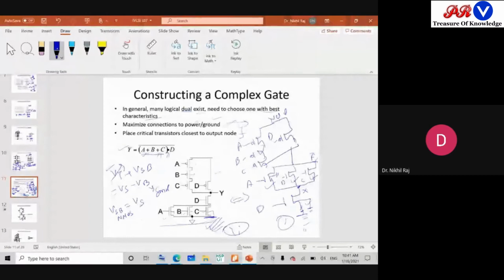In the second, the body of all the A, B, and C transistors is connected to the ground. At the same time, the source of A, B, and C is also connected to the ground. This means in this figure 2, there will be less chance of threshold voltage variation, or less effect on the switching characteristic compared to the design which I have drawn. So that is also the advantage of placing all the transistors closest to the ground or closest to the supply. Similarly, the case will be with the PMOS.